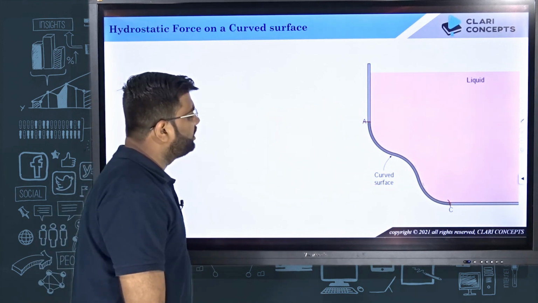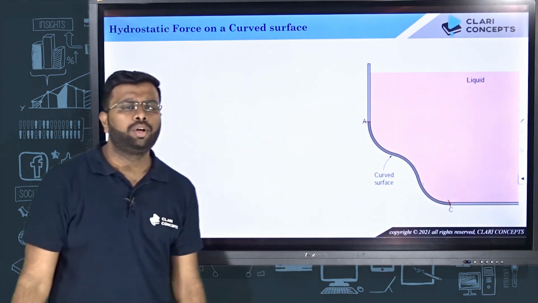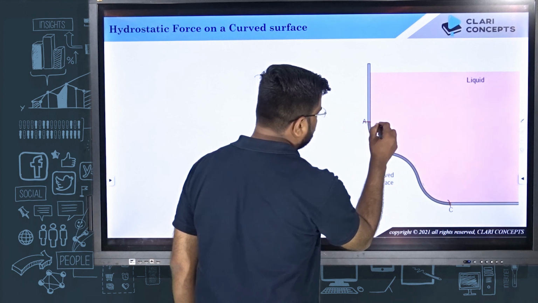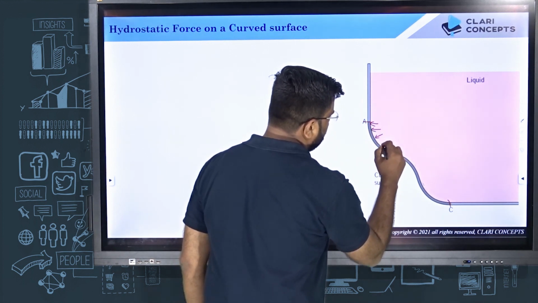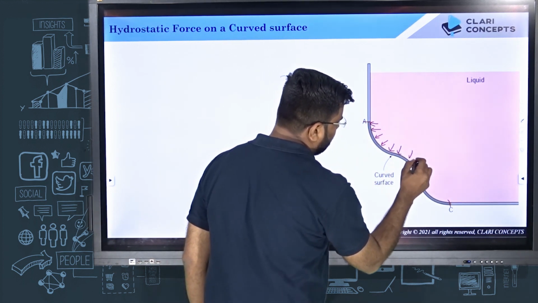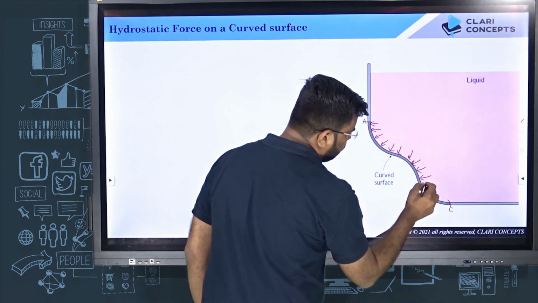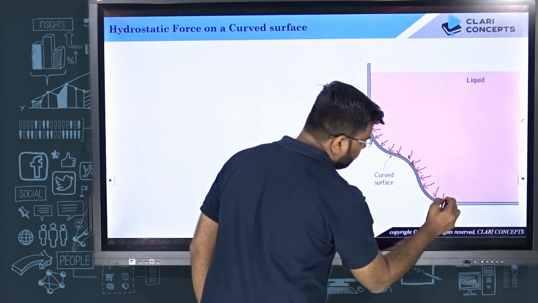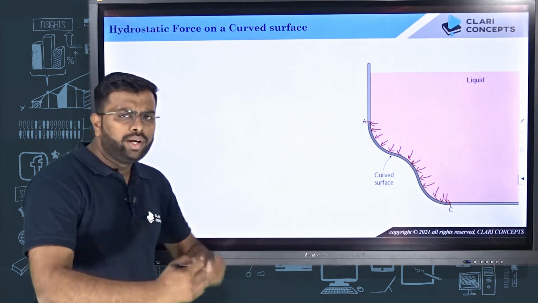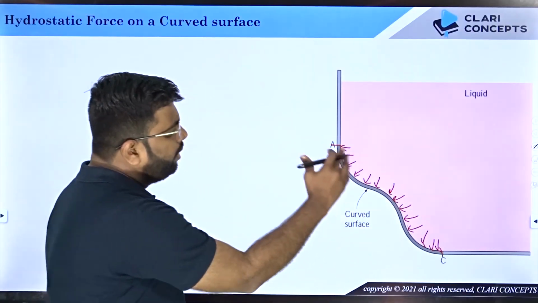Now here you cannot say that F_R equals P_C times A, because if you see at each of these points, as the hydrostatic force will always be acting normal, the directions of the small forces are all different. Right. So how will you figure out the total force acting on this particular